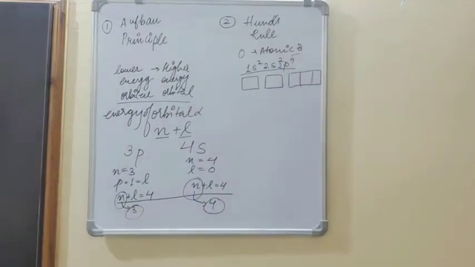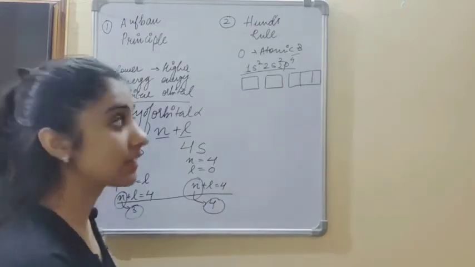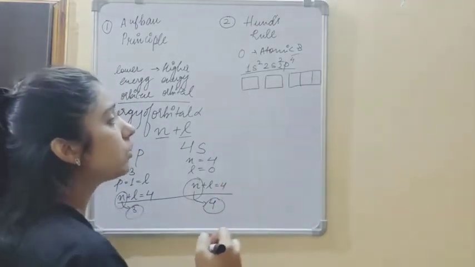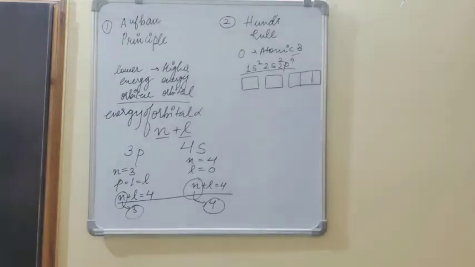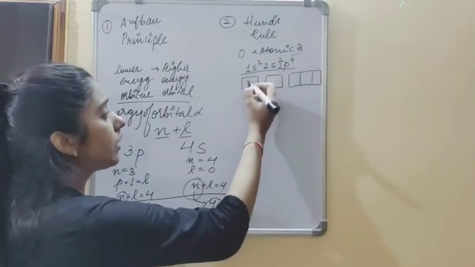Now the question arises on which basis these electrons should be placed in the orbitals. According to Hund's rule, every orbital in a subshell is singly filled with one electron before any orbital is fully filled. Means basically we cannot fill an electron in the next orbital until the first shell is completely filled with 2 electrons. So here we will fill like this: first 2 electrons here.